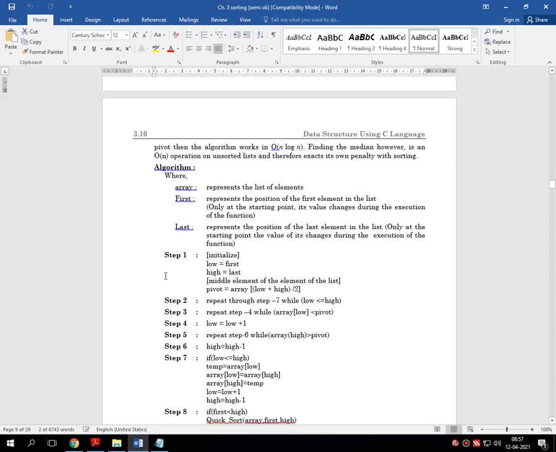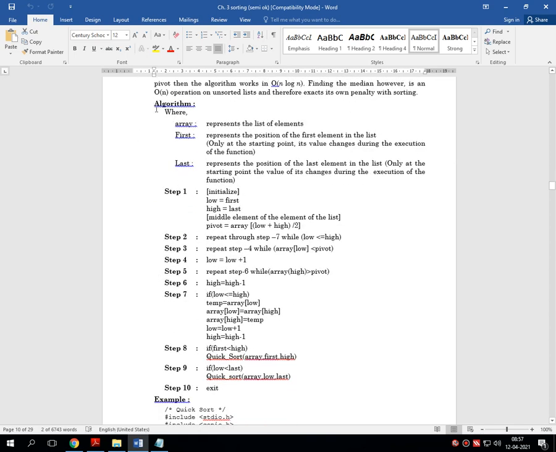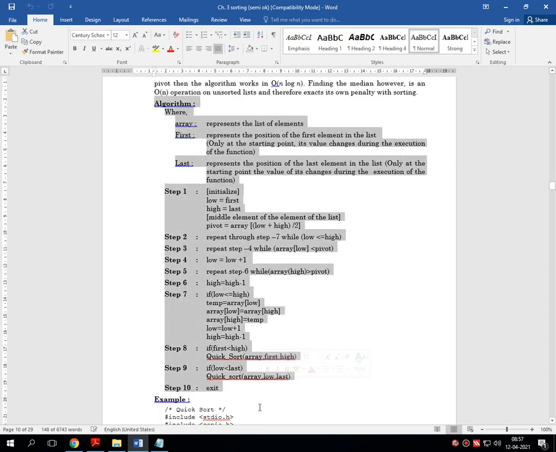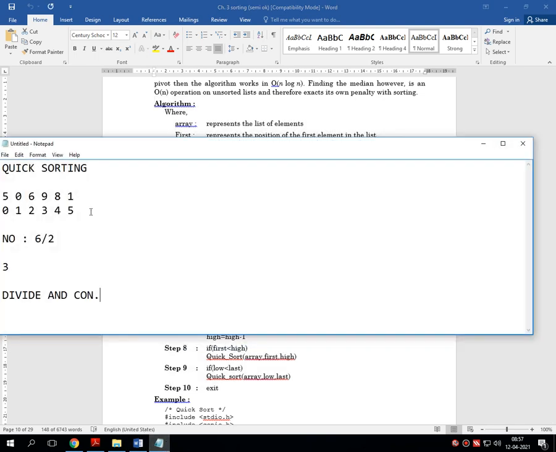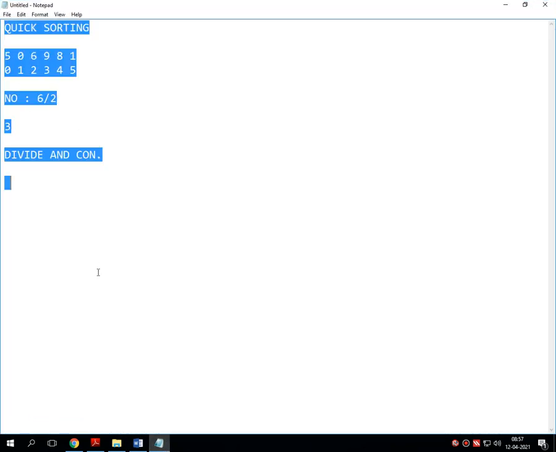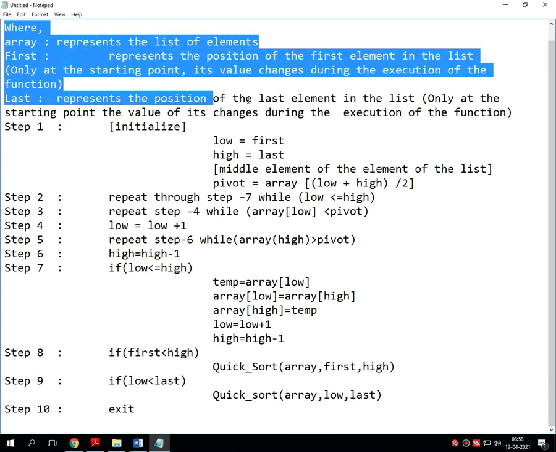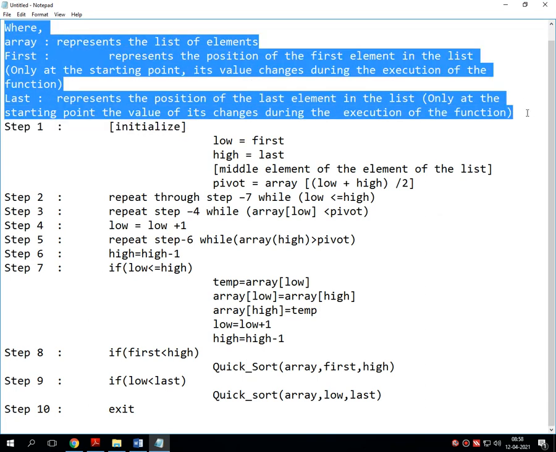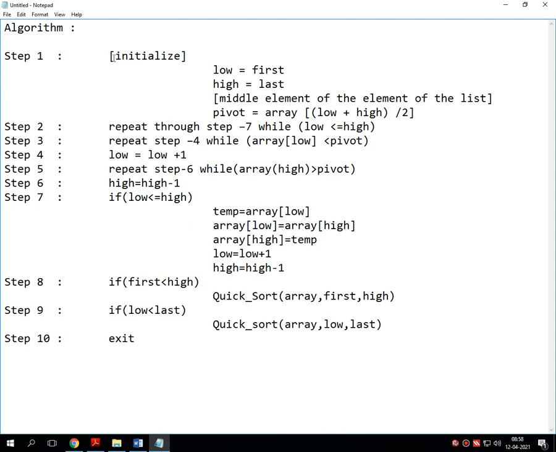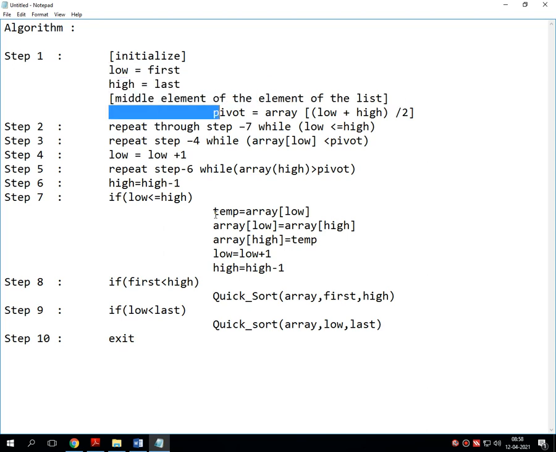Now let's see the algorithm of quicksort. As you can see on the screen, it contains various steps. Step number 1 is the initialization of local variables.